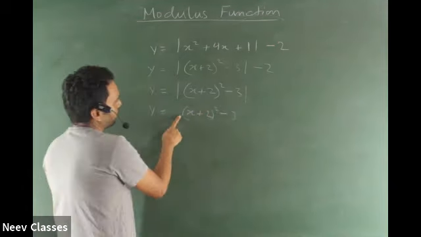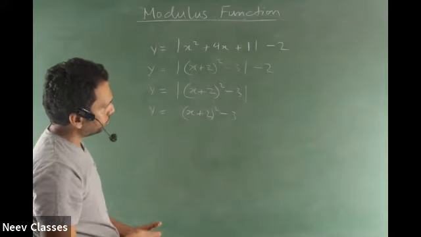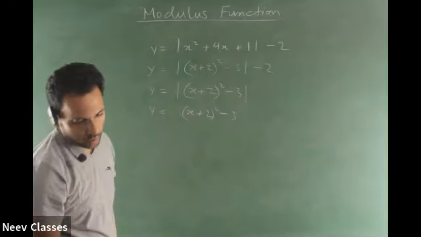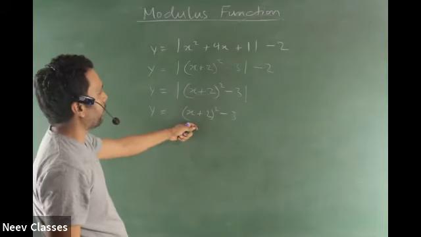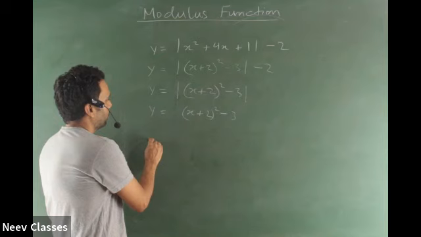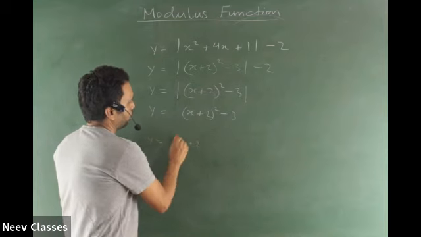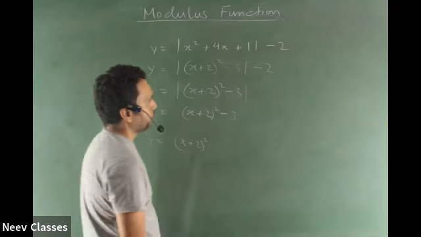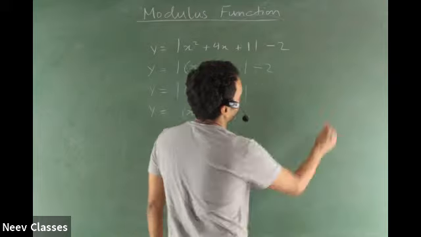I'll do this. What is the difference between this and this? Whatever comes, the below values, the negative values, will go up, right? Now to get this, you'll do what? You will say I should know x plus 2 whole square, and then you'll do a minus 3. For this, you should know x square, right? So the sequence of doing is something like this.